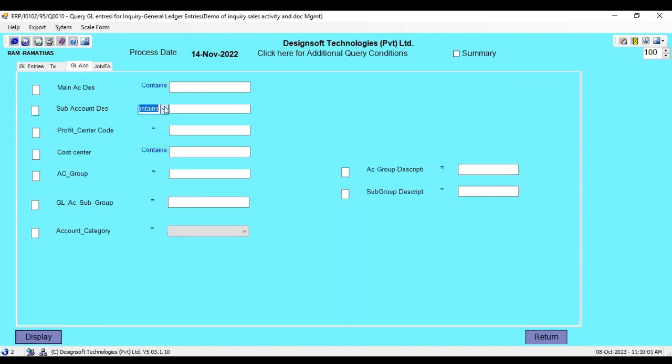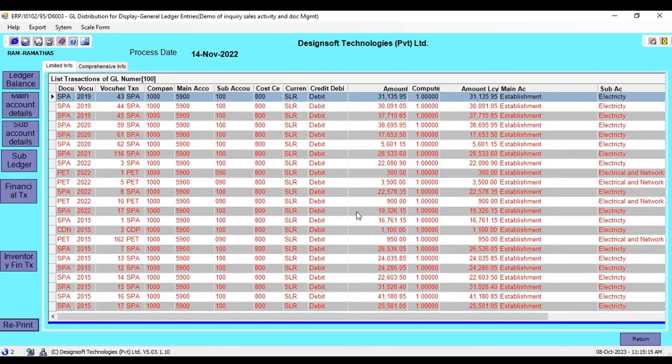If you specify multiple attribute relations, all of them should be satisfied for the register entries to be selected. In this specific example, subledger financial year greater than or equal to 2015. Name should start with electric. It will list all GL entries of sub-accounts starting with electric posted for financial year 2015 or later. In the results grid, you could right-click and export to Excel.